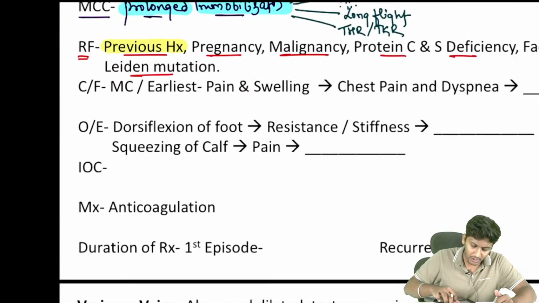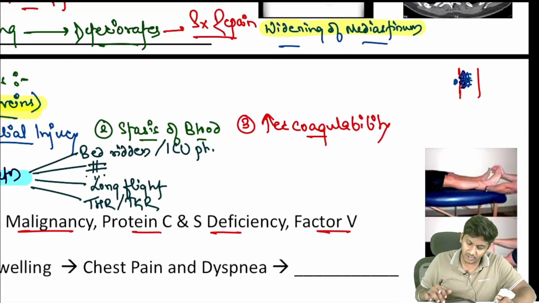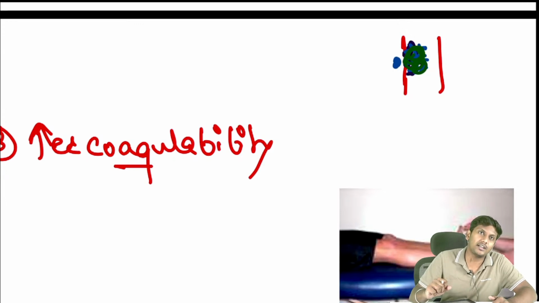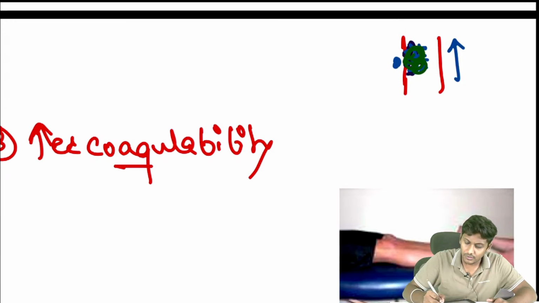I'll come to that. Now, first of all, when a patient develops deep venous thrombosis, बच्चे, definitely you know that there is blockage in the deep veins of the lower limbs. As there is blockage in the deep veins of the lower limbs, definitely, what is going to happen? Now, blood in the vein goes from the periphery towards the heart, right? It goes from periphery towards the heart. ऐसे जा रहा है ना? So now, as there is increased blood pressure over here,